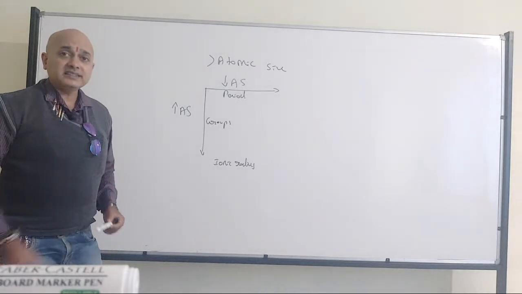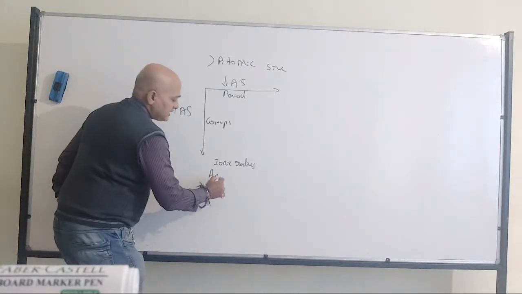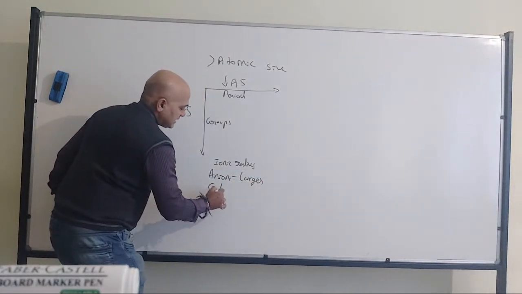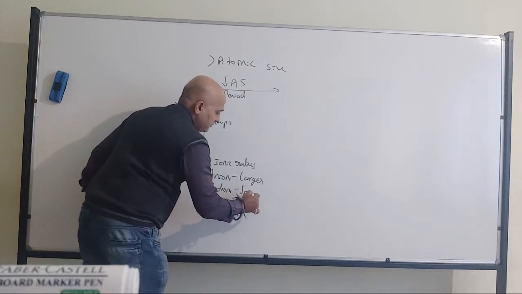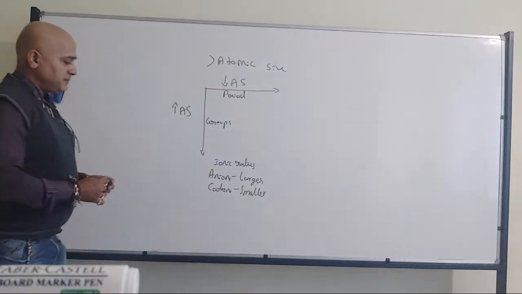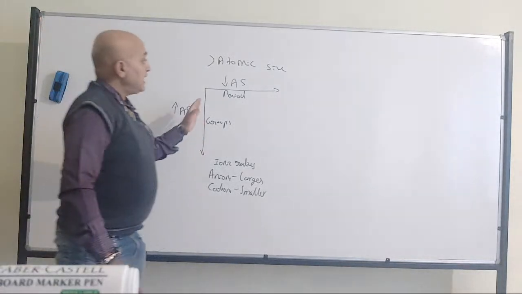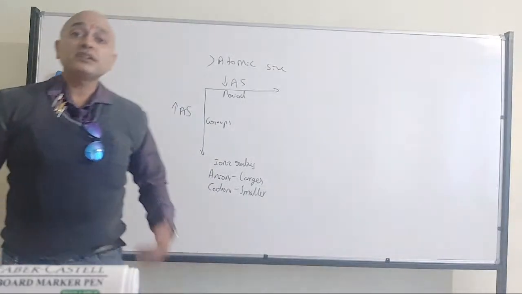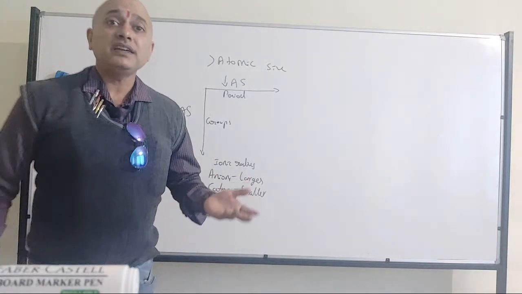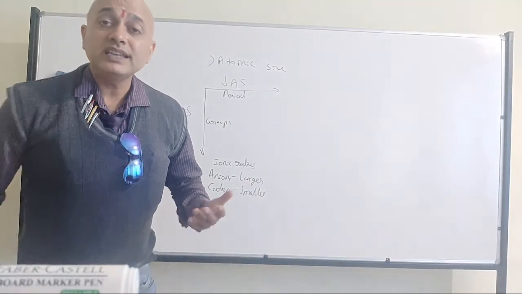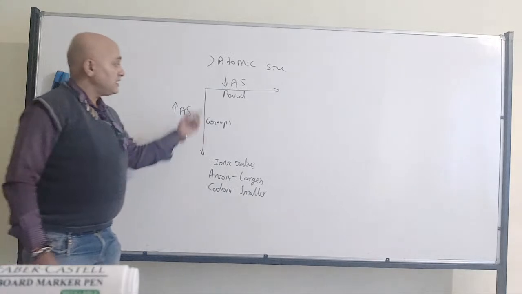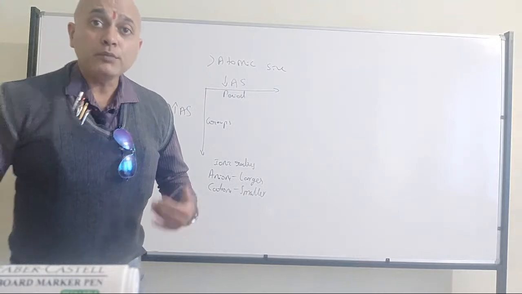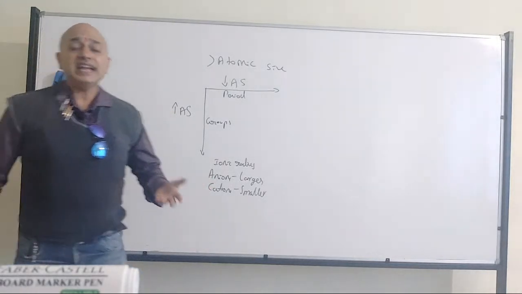So ionic radius, as I have told, anions will be of larger size and cations will be of smaller size, right? So that's what we have discussed. Now, across the period, why should atomic size decrease? That is because electrons are added to the same energy level, but at the same time, there is an increase in the atomic number. Down the group, why should atomic size increase? That is because when we are moving down the group, we are moving to the next energy level.